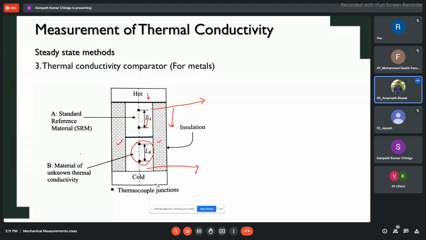It's the same only, no? Resistance is what? Q equals delta T by R. Whatever is in the equation, you are keeping in the form of resistance. Yes, sir, it's the same. It's just mathematical jugglery. What you are doing is essentially the same. How do you measure resistance for a surface?